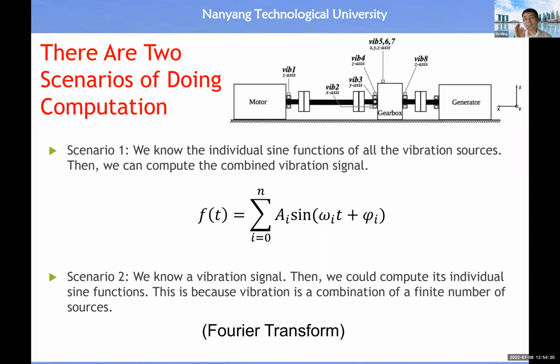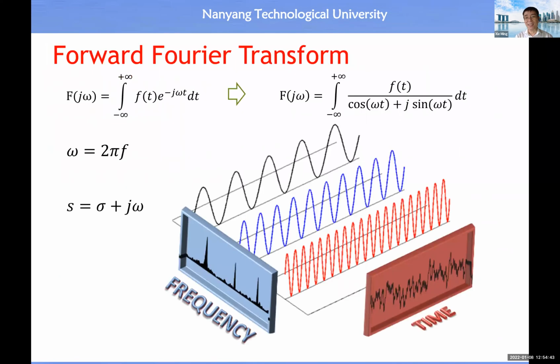Just now I mentioned the magic tool. What is it? The magic tool is the Fourier transform. All right, so this is extremely important knowledge for you to know, and we are lucky that we have the Fourier transform. The Fourier transform includes the forward transform and the inverse transform, and the inverse transform basically is for us